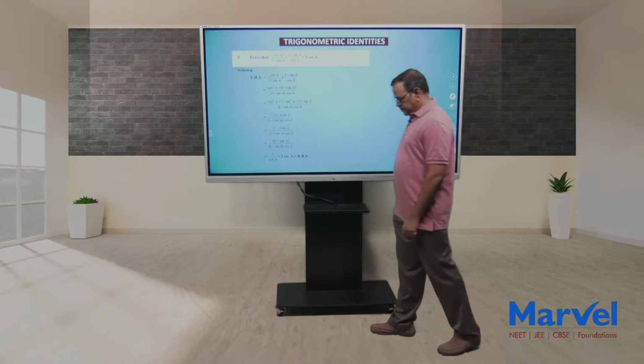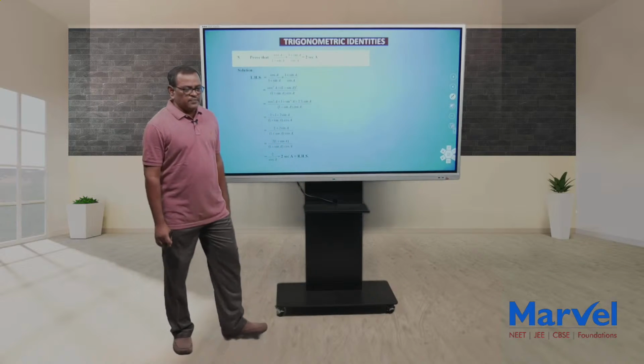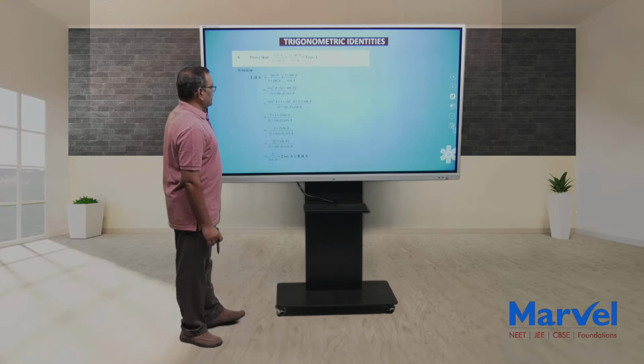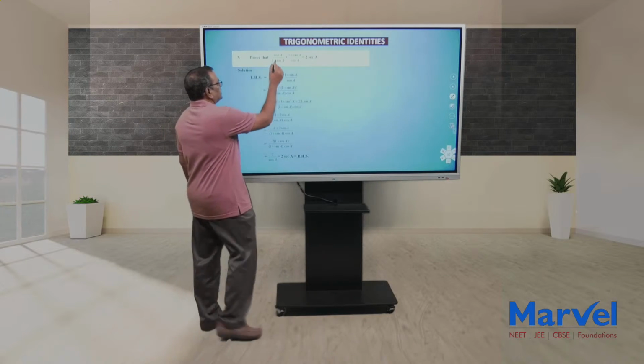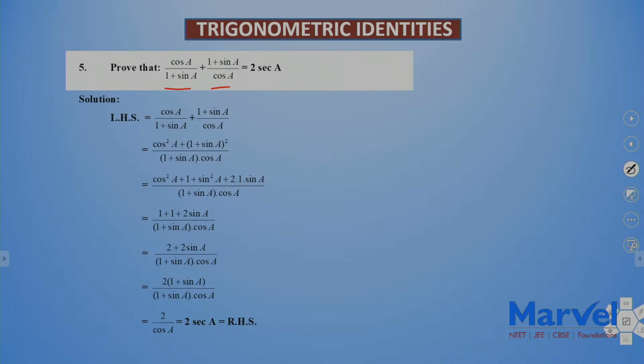Next, type 3, one of the very important types, method of cross multiplication. Prove that cos A by 1 plus sin A plus 1 plus sin A by cos A equal to 2 secant A. Both are reciprocal to each other. So LHS equal to, write the expression again,